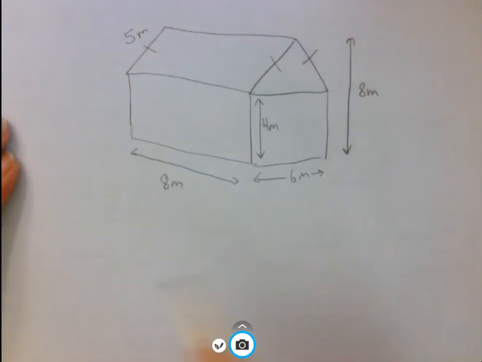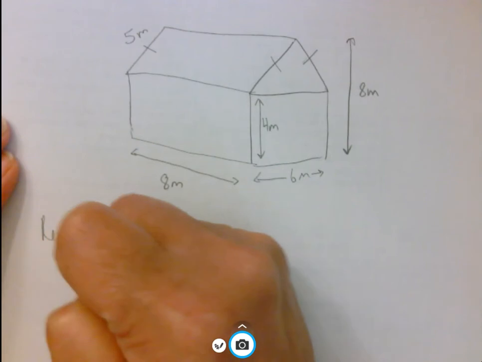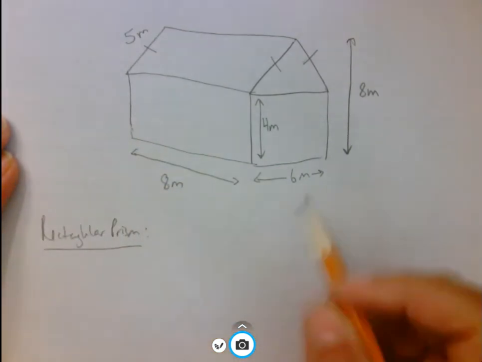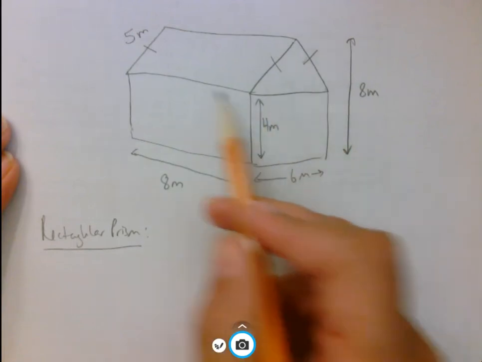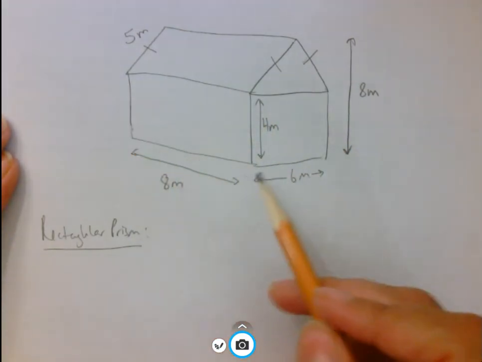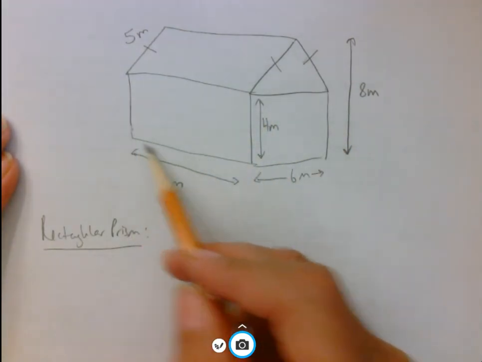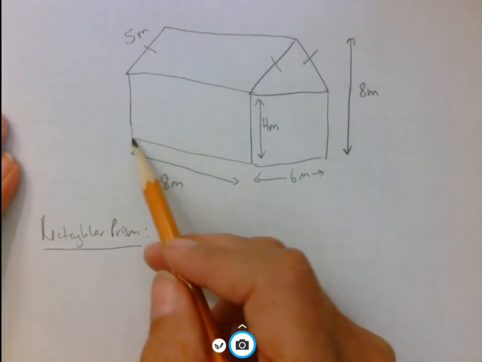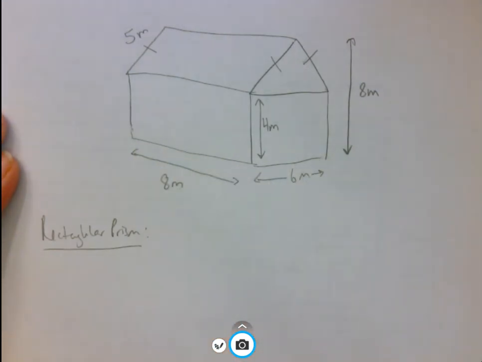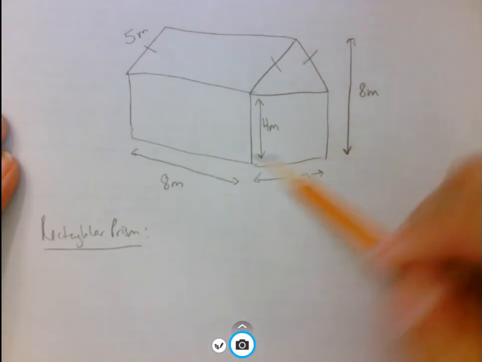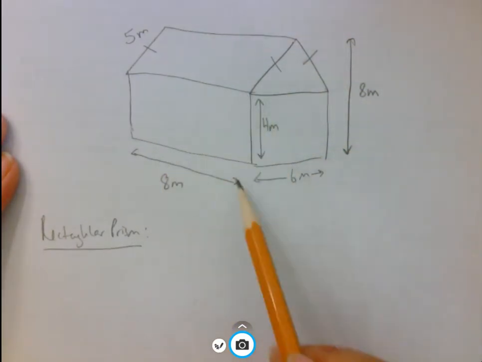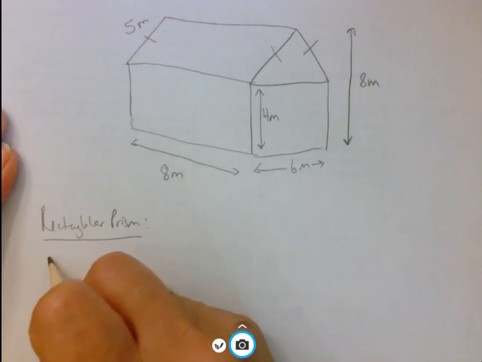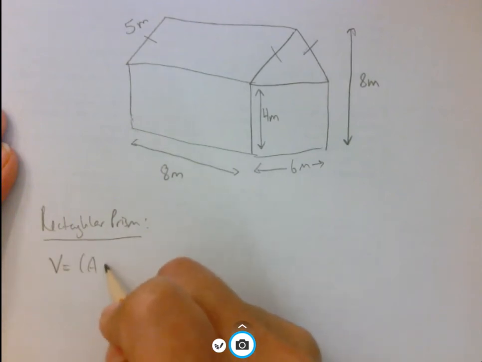Now the easy part is the rectangular prism. You can see that the rectangular prism is a box, right? And the base of the box is given to you. It's 8 meters by 6 meters. That's the base, and the area of the base would be length times width. Then if we stack all those bases one on top of the other, we're going to stack them 4 high. So your volume is going to be the area of the base